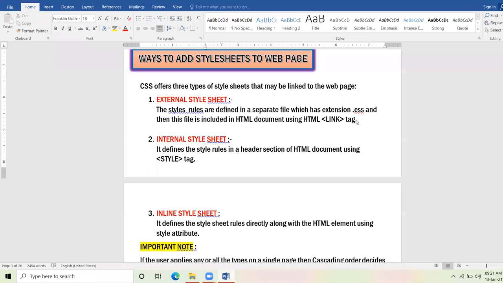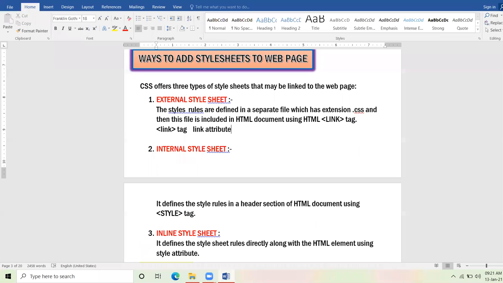Now I have a question over here. Let me see who will answer. Beta, one is the link tag and one is the link attribute. I want to know the difference between the two. Any child who can tell me the difference between the link tag and the HTML link attribute?